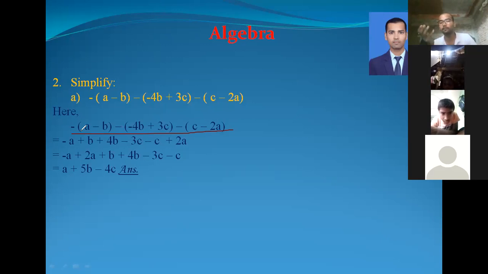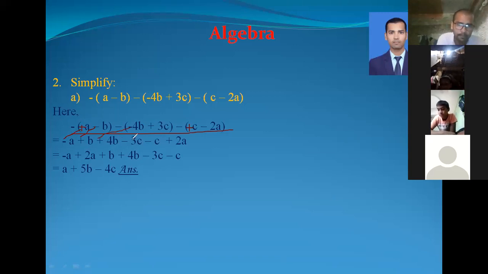Okay, so here you can see in front of it there is nothing, that means there is a plus sign. In the same way, in front of c there is no sign, it means there will be a plus sign. So here plus changes into minus, and that is a. Minus changes into plus, you can see here, and that is b. Similarly, minus changes into plus, and that is for b.